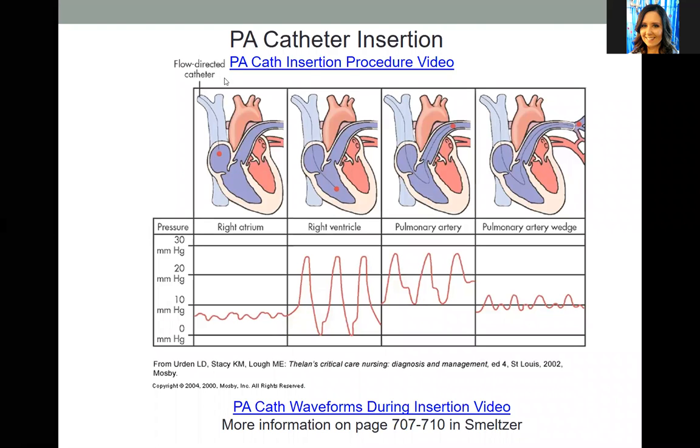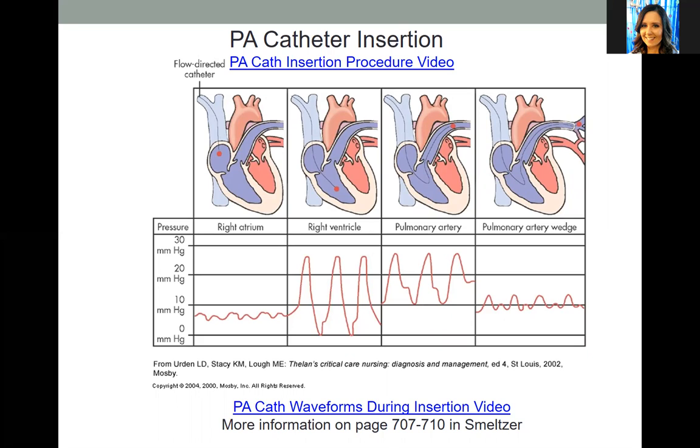So when we talk about inserting a PA catheter, the nurse's role is to assist the physician in inserting that catheter. It's very similar to a central line insertion. It has to be sterile, but the doctor or healthcare provider will place the catheter into a vein, like your subclavian, a brachial, IJ, or least desired femoral,